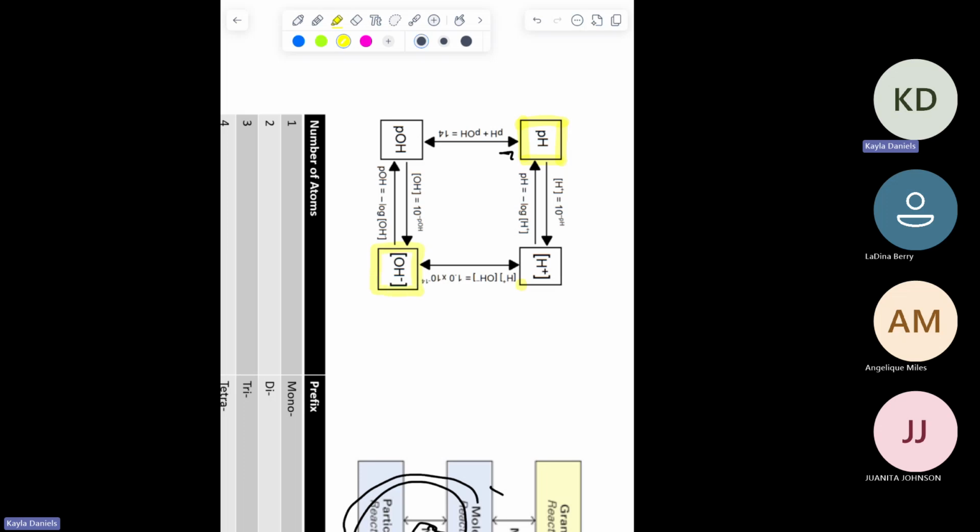So finding OH again, but this time we have a little dilemma, because we can't go from here to here. There's no step here. So I have two options. Either way is going to be a two-stepper. I can do this formula first, 10 to the negative pH, and then use the KW formula. Or I can find the POH and do the 10 to the negative POH formula. I personally prefer going this way. I think the KW formula is a little messy. So I'm going to first find the POH,